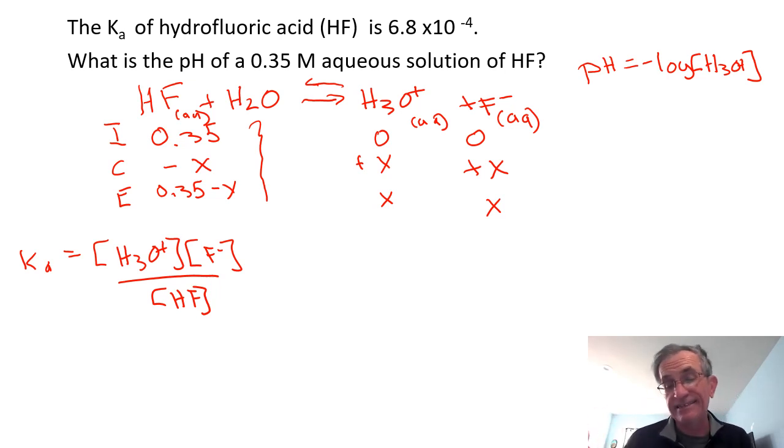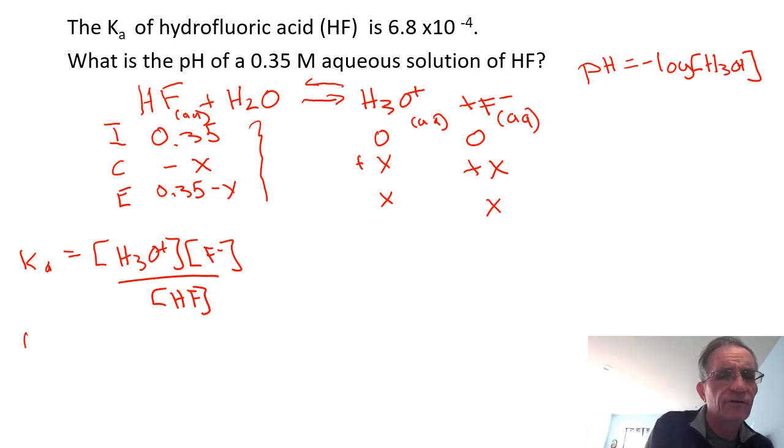So you have to have the constant. In this case, I gave it to you, and in most of your homework, you'll just see it in the problem. You might look it up in the chart I gave you in class too if you had to, but most likely you'll just see it in the question. So it'll be 6.8 times 10 to the minus 4 equals x times